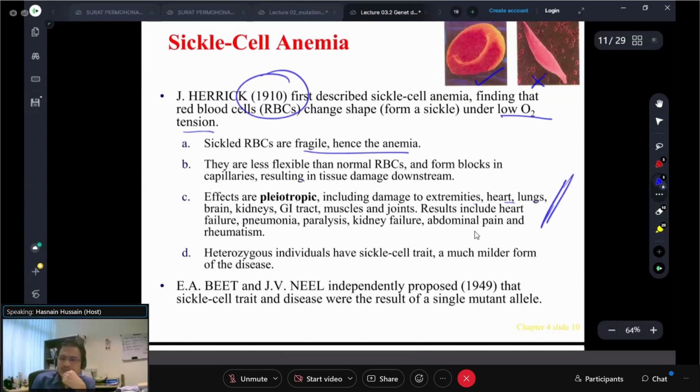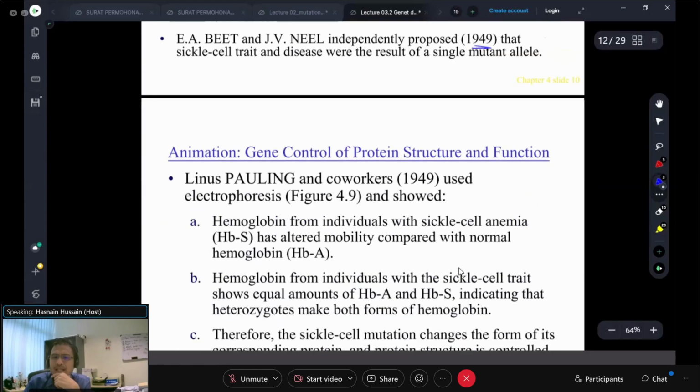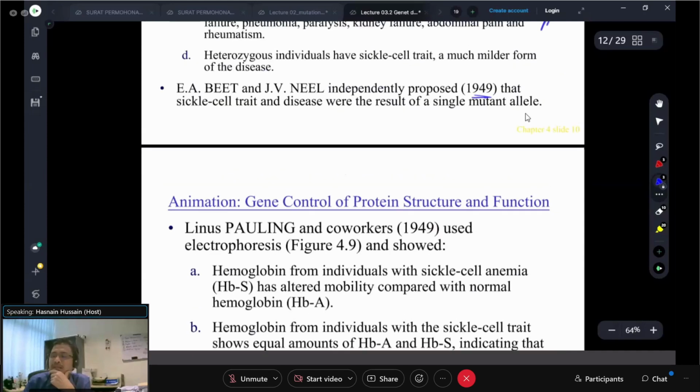So in 1949, they found out that it was the result of a single mutant allele from the mapping. Because in 1949, they knew, for example from Thomas Hunt Morgan, that the chromosome is related. You still recall the chromosomal theory of inheritance? A change in a certain position on the chromosome can cause disease. So like this, they were able to map, and then they showed that a single position change can cause